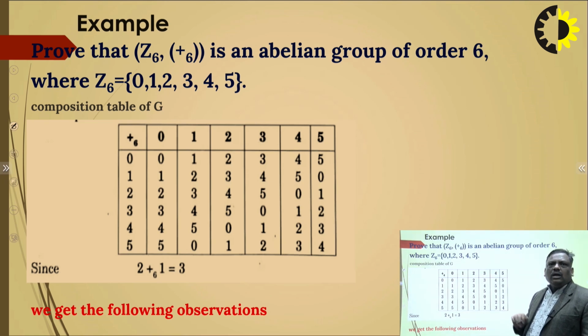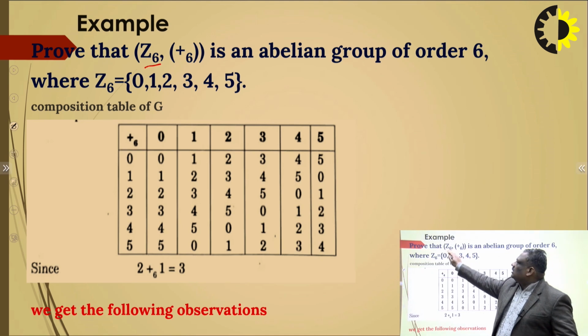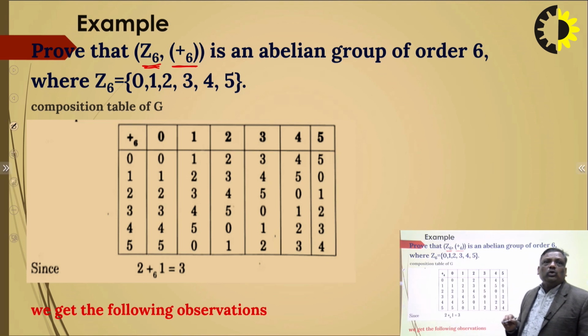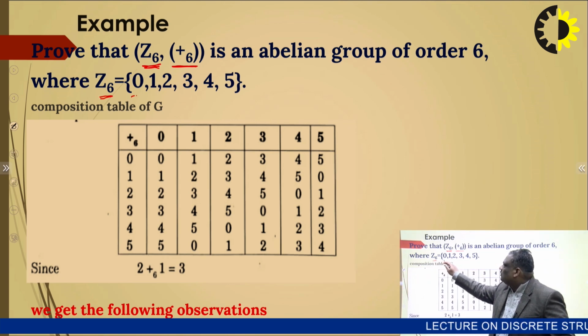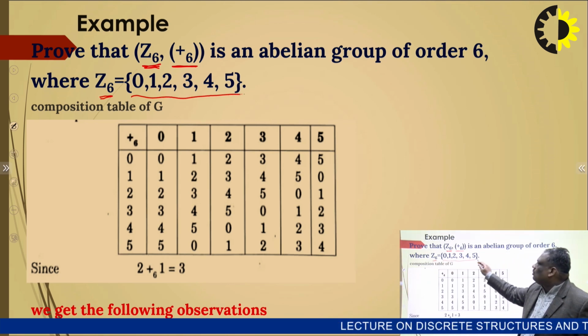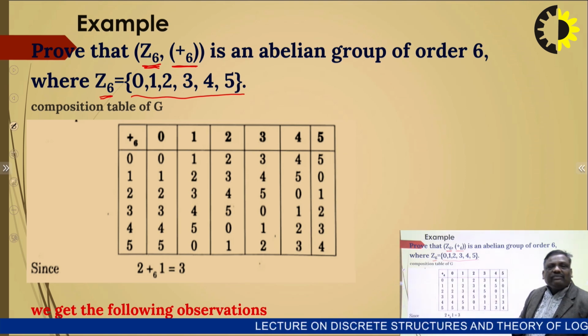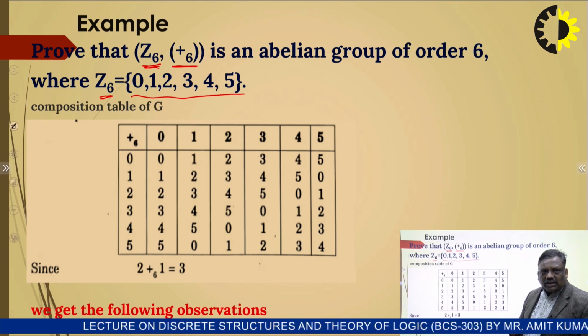So, here we take an example: prove that Z6 with addition modulo 6 is an abelian group of order 6. At first we should know what the elements of Z6 are. Z6 is 0, 1, 2, 3, 4 and 5. At first we draw a composition table. With the composition table we can prove that